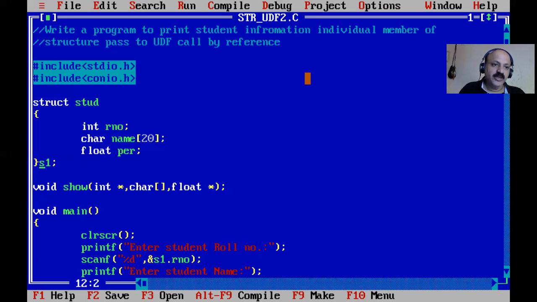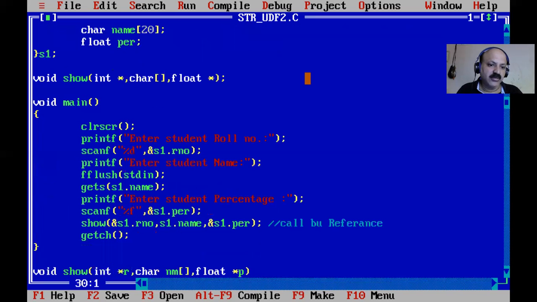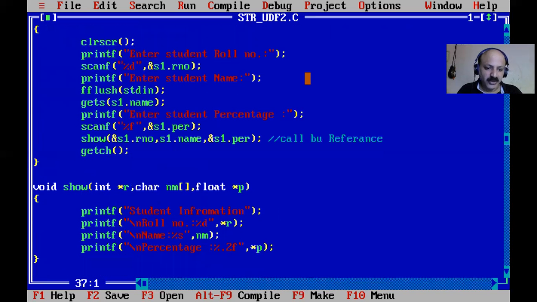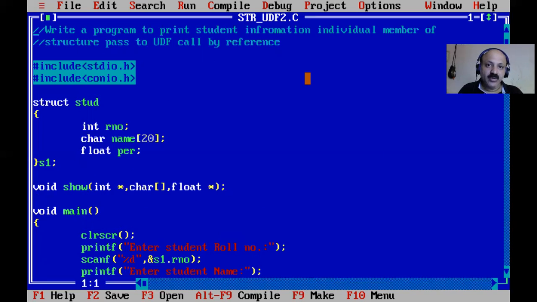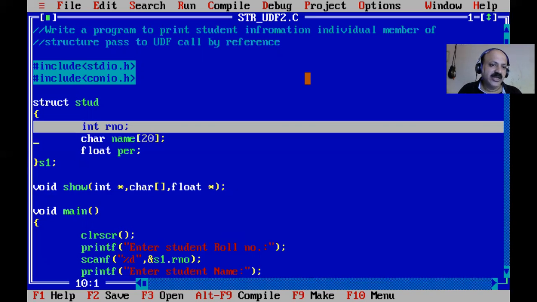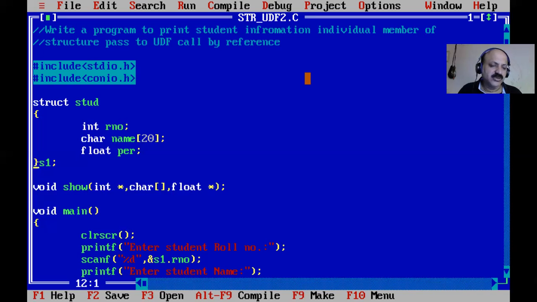So wait for my next upcoming video lecture for passing the entire structure to a UDF with call by value and call by reference. Both techniques I will cover in the next session. Here we only do call by reference and value for individual members, one by one. Here, for simplicity, I take only 3 members.